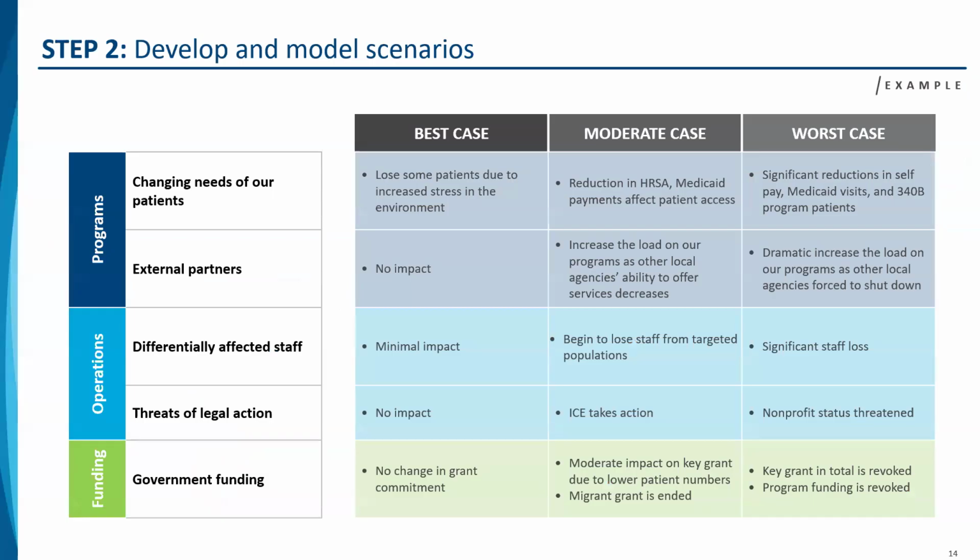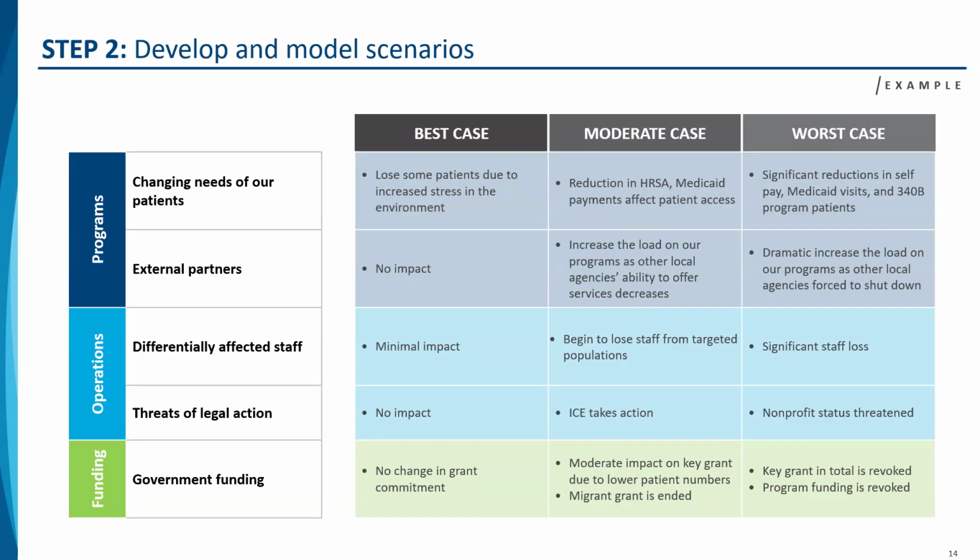Thanks, Emma. And so here you could imagine if this organization, a community health nonprofit, went through that broad list of risks and opportunities and identified the ones that were highest likelihood and highest magnitude if they come to pass. Then the next step is to sit and think through, well, what would be the best case, moderate case, and worst case in each of those? So if you just take the bottom row for an example, an analysis of funding risk for an organization like that, in a best case, maybe there's no change in grant commitments. In a moderate case, maybe there's some cuts to funding, in particular, a vulnerable grant for serving migrant populations, which seems like it's likely to be affected. And then in the worst case, you could see total cuts to a key grant and a reduction in program funding.